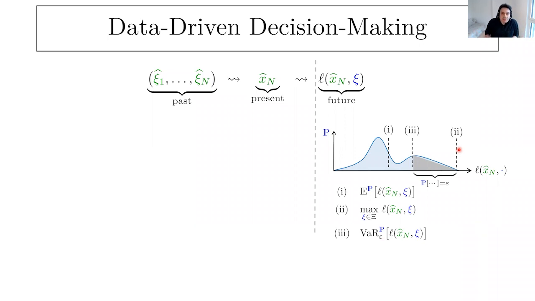Which one do we care about? It heavily depends on the application at hand. So if you talk about some learning problem where you want to think about the future loss repeatedly, in the long run average, then typically number 1 is the right criterion. But if it is some sort of safety-critical problem, or something where you really want to make sure that you hedge against any scenario, you have to go with number 2.